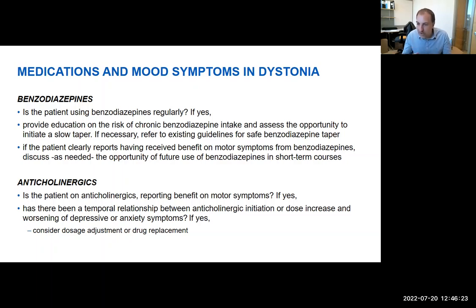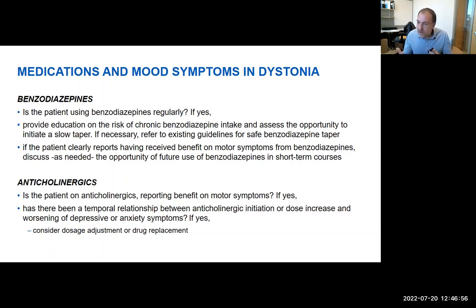chronic and unmonitored. Anticholinergics are another drug class that is still considered potentially useful in some people with dystonia, even though we need more selective agents from this class to minimize their usually suboptimal tolerability profile, mostly related to cognitive symptoms. But if a patient is on anticholinergics and reports benefit on motor symptoms, then it is important to ask